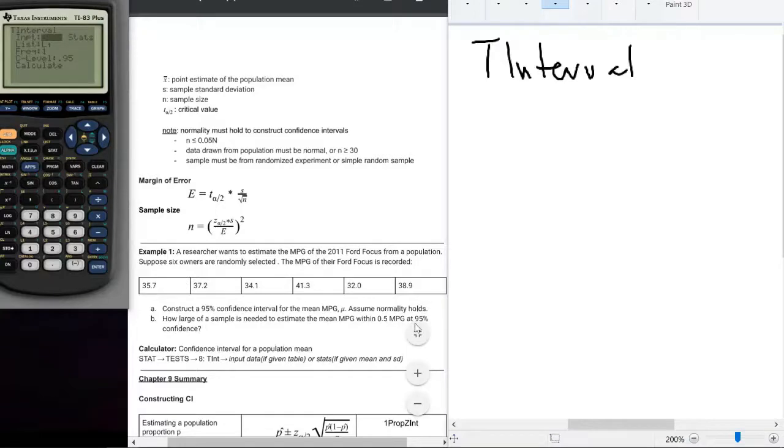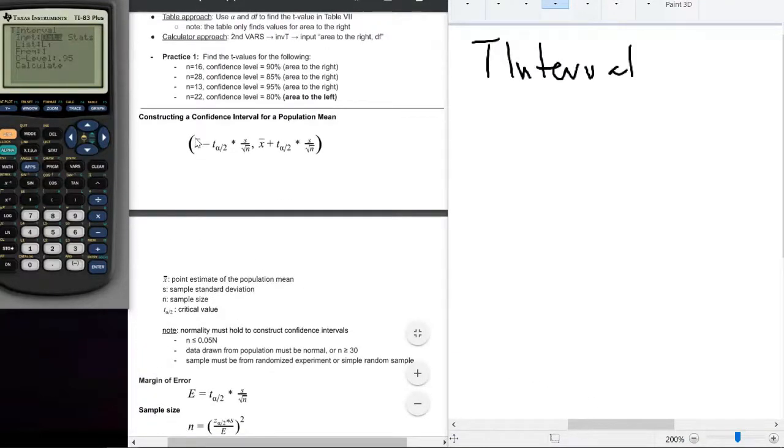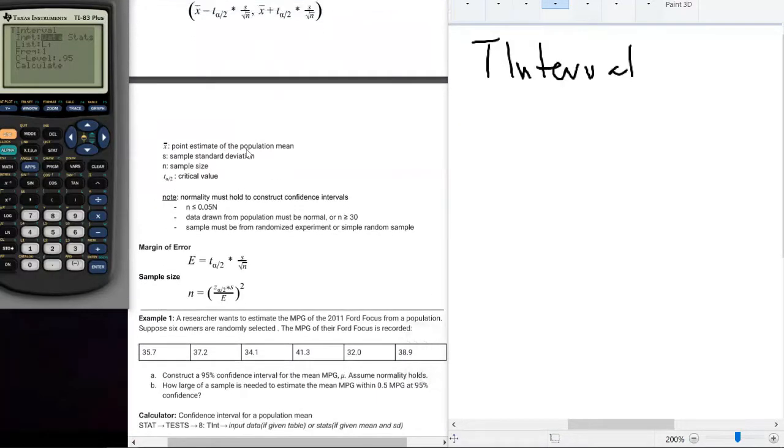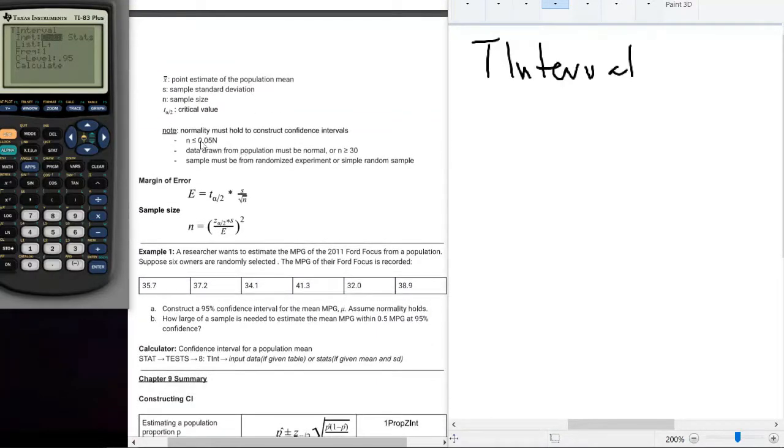It will actually give you the pieces that you need already to begin with, X bar, S, and N. So it won't be necessary to run a one var stat because it'll be given to you. And if that's the case, where those variables are given, your input will be stats, and you will enter those accordingly. If you were actually given data like we were in this problem, your input, you'll go to data, and